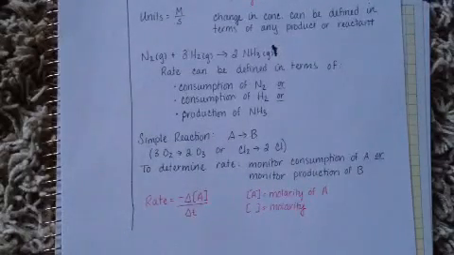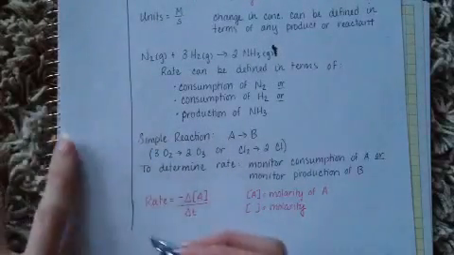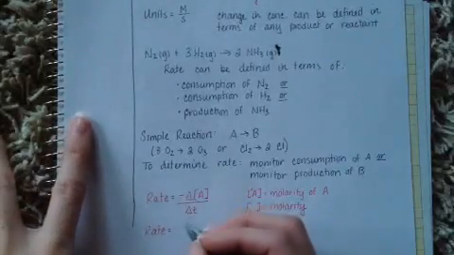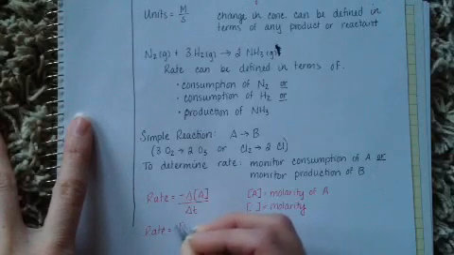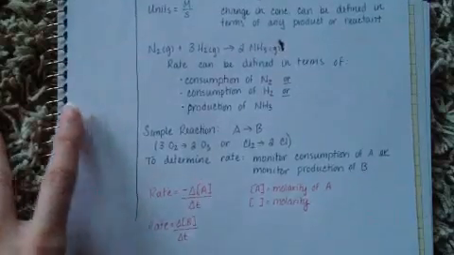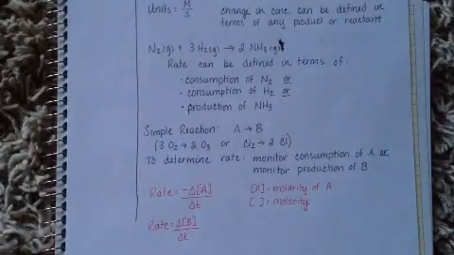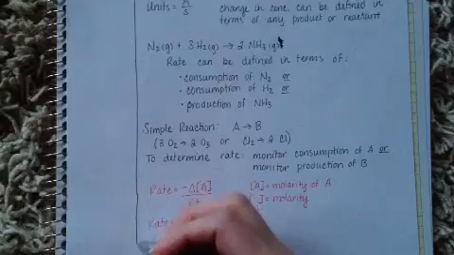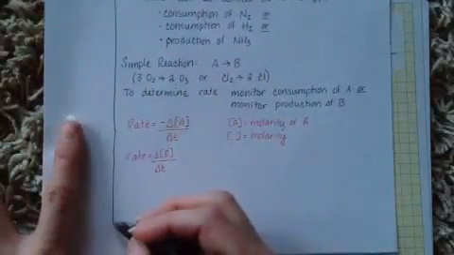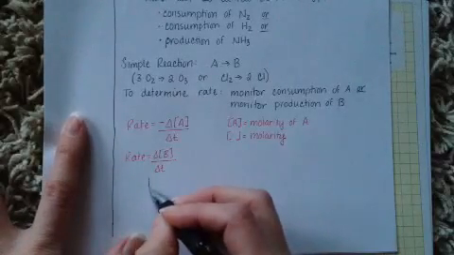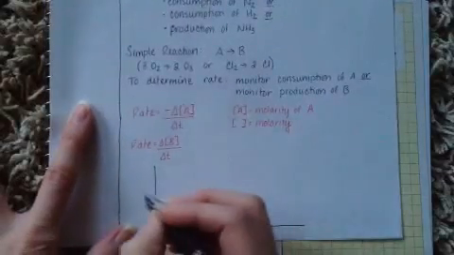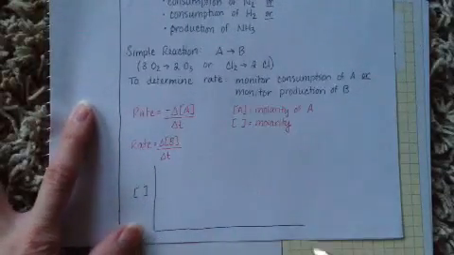If we chose to monitor the production of B in order to determine the rate, then because B is being produced, the concentration is increasing. So this would be a positive change in concentration of B per time. And if we were to actually do this, maybe in terms of both, and graph out the way the concentrations change per time, molarity versus time,